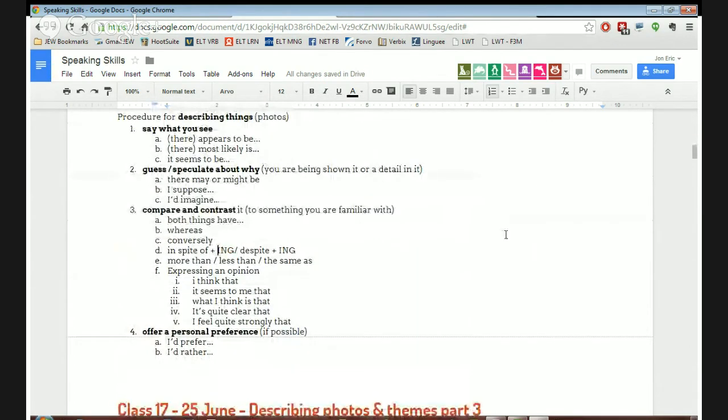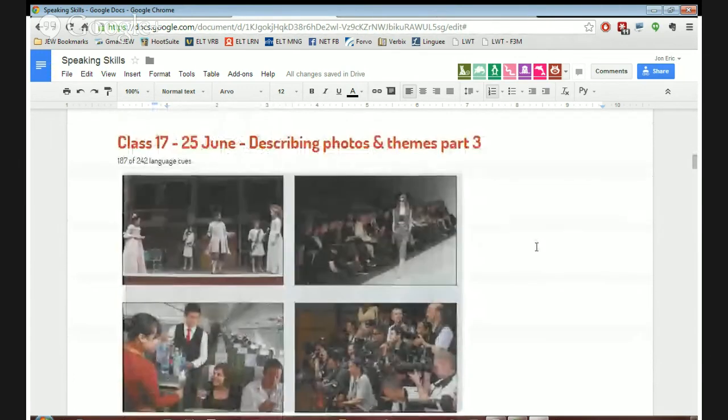Next, guess why. Speculate about why. There may be, I suppose, I'd imagine. And remember, you can cheat and look at the other pictures to get a sense of the theme. And Giuseppe already gave you a clue about that. He talked about audiences and the public. So next, what can you say about the theme?